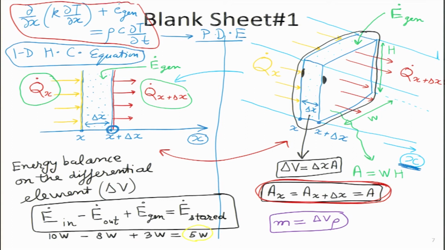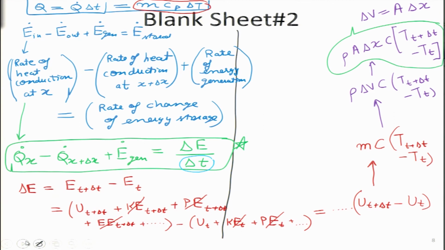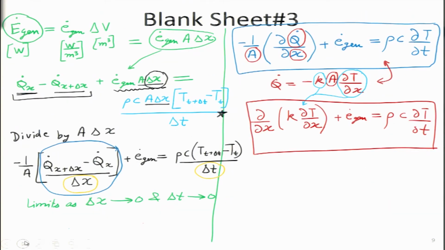It's a very good feeling now that from basic physics first principles we have figured out, using mathematics and certain assumptions, what is going to be the form of the one dimensional heat conduction equation. So, let us pause for a minute and now let us connect it with the previous lecture.